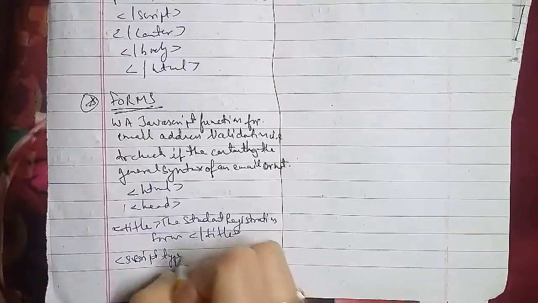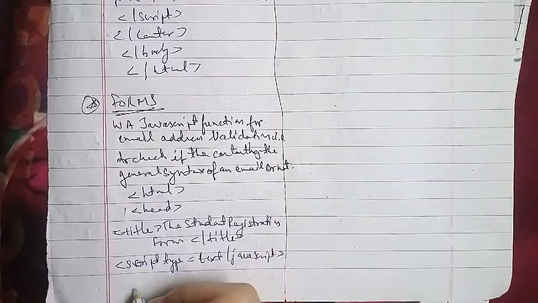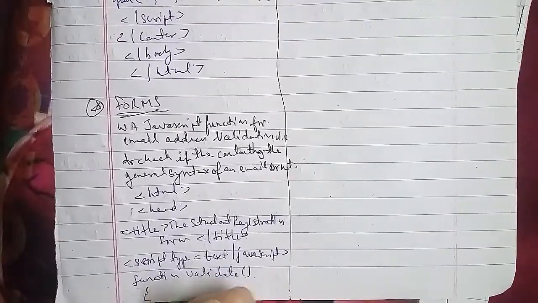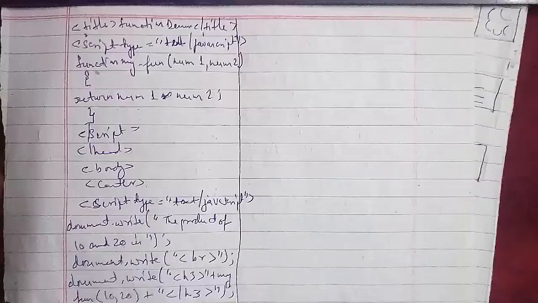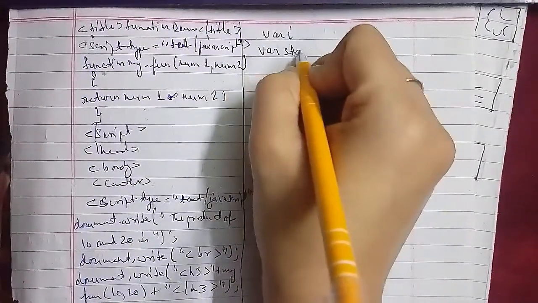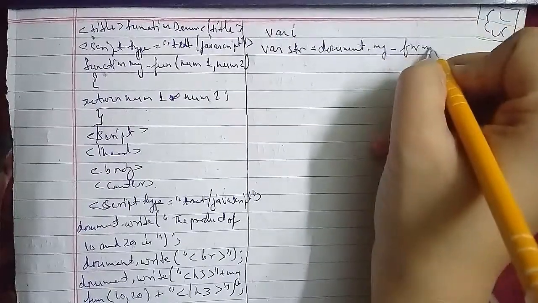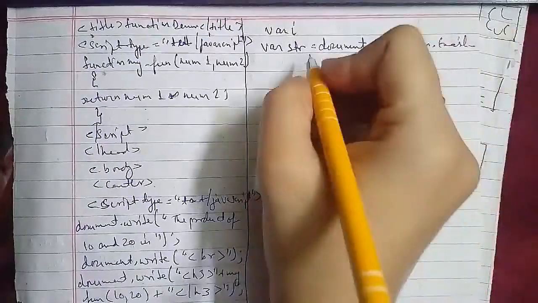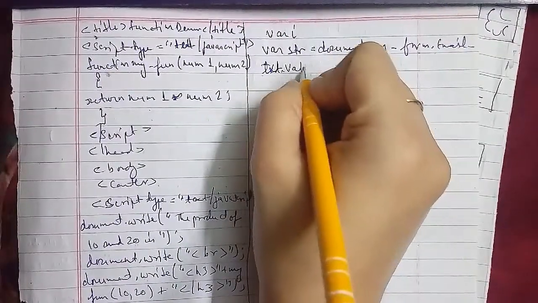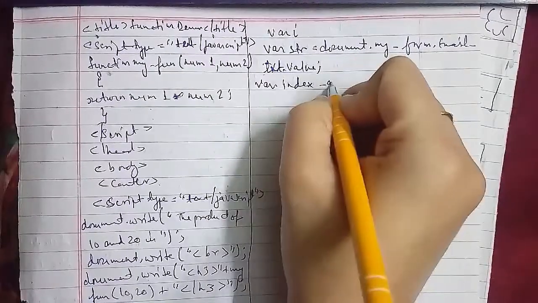then var index at, that is @, str.indexOf("@"), var length equals str.length, var index, str.indexOf, then var emailid equals document.myform.email.text,